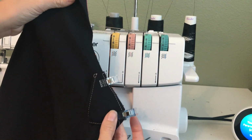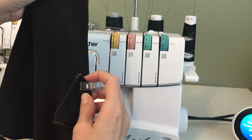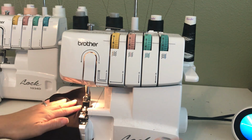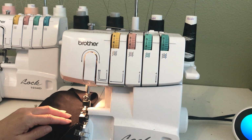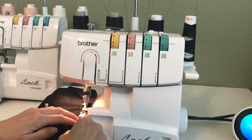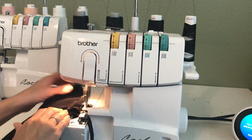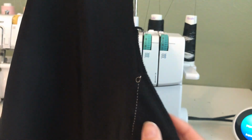So I've got my gusset clipped on here, and I'm going to start my serging right here, and then I'm going to increase to a 3/8 inch seam allowance once I get to the top of the gusset. So hopefully this allows you to see. I'm not cutting anything off at the top. But now as I get closer to the gusset, that's when I want to start using my full seam allowance. Okay, so I don't know if you can see that, but I've started about right here, and then I've serged